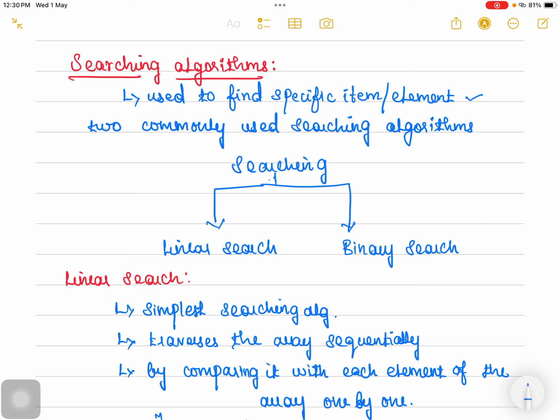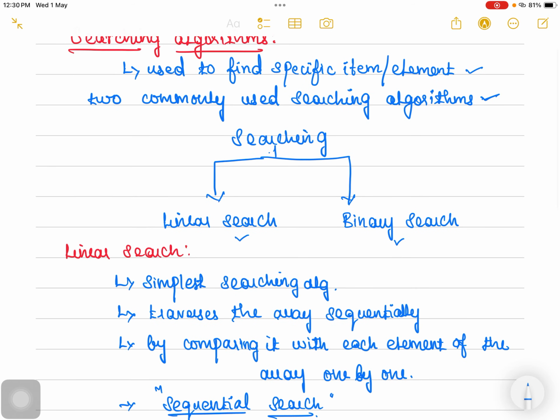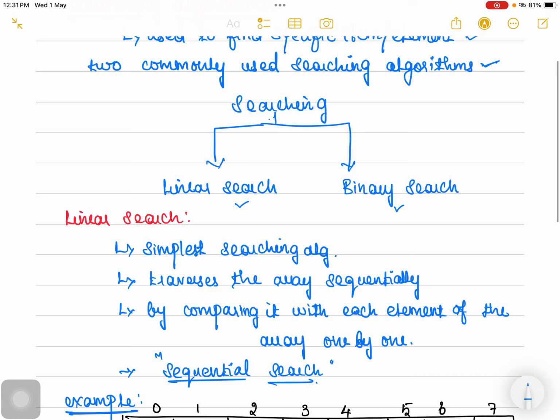There are generally two commonly used searching algorithms. One is linear search and another one is binary search. In this video, we'll discuss linear search, and in the upcoming video, the binary search concept will be discussed. So, what is linear search? It's the simplest searching algorithm,